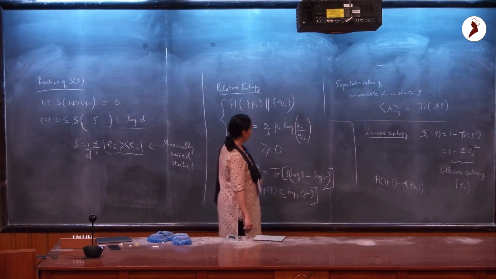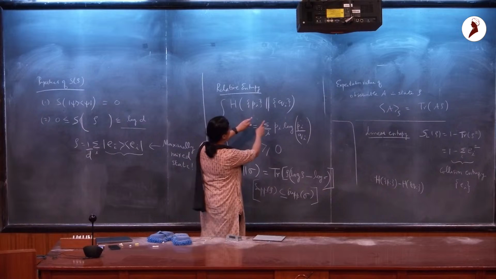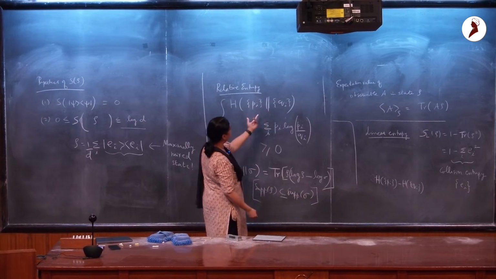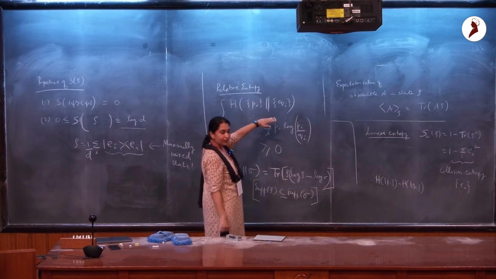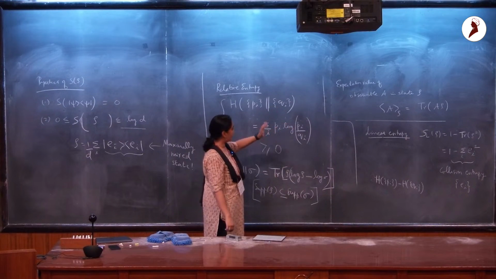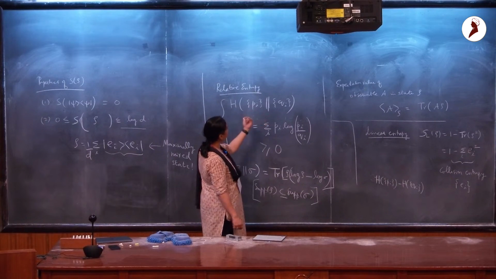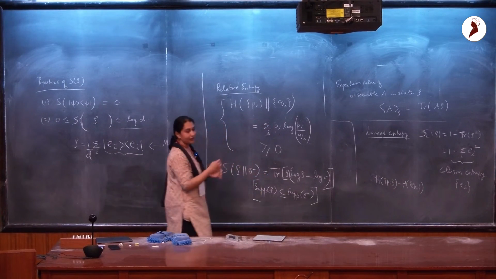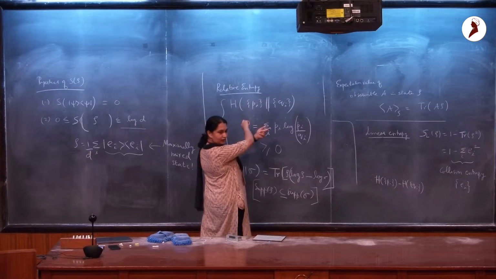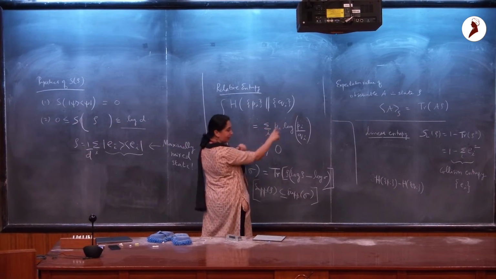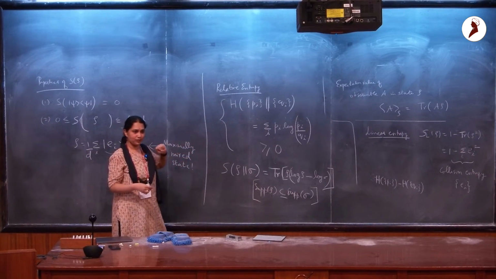But why is there only pi? Can we have qi also there? So you then have to take the other way around, right? This definition itself is not symmetric. There are other symmetric measures that one can think about for comparing two probability distributions. There are some people who define what's called a symmetrized divergence, where they take this plus the other way around, which is qi with pi. I think that's called a Jensen-Shannon divergence, if I'm not mistaken.